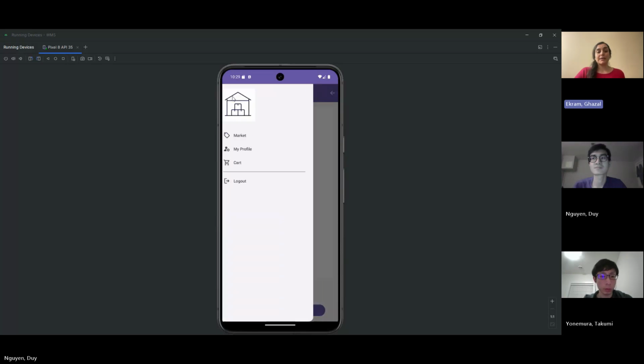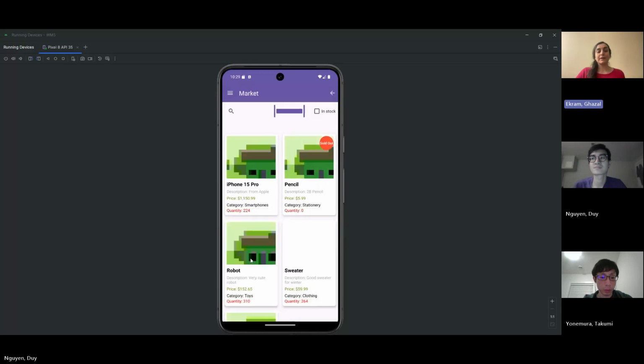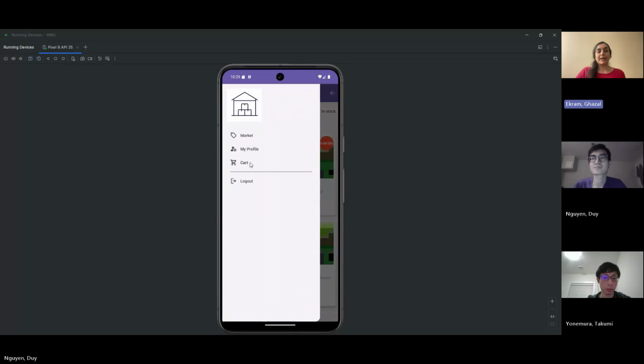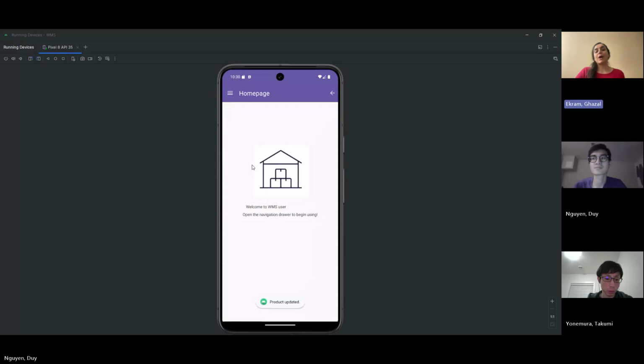We can add another item here and add it to the cart. Again, we can see the price detail here in subtotal, taxes, and total amount of each item based on the quantity. Then with a confirm button, we can confirm it and add it to our